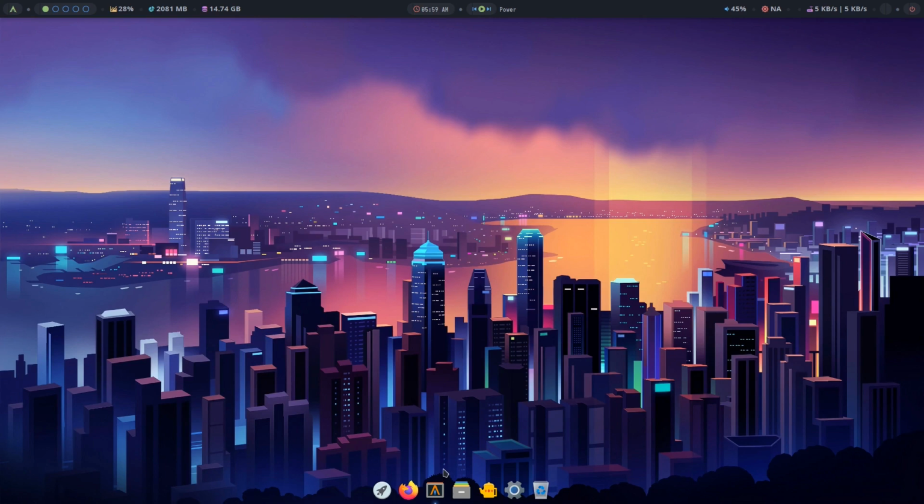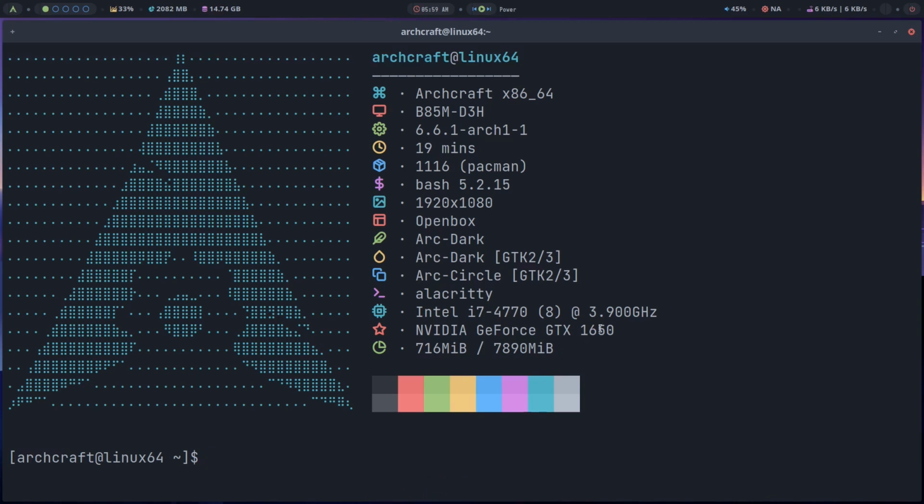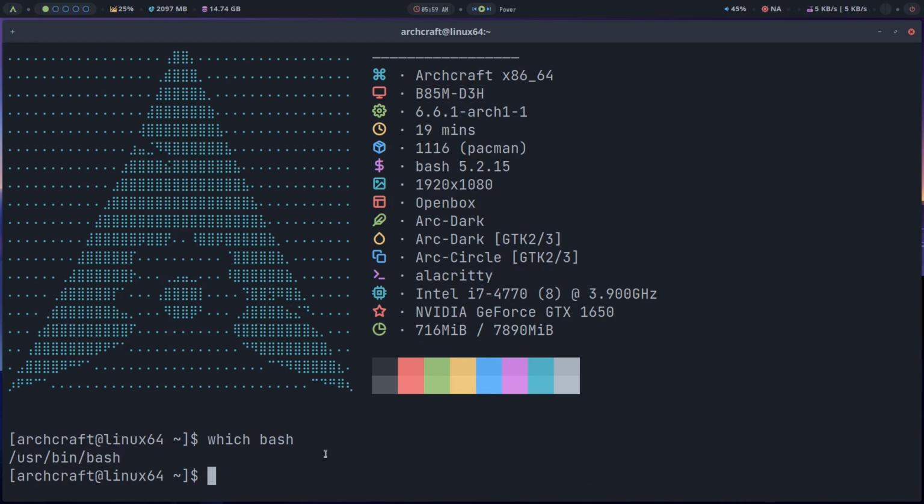So let's get on to what I wanted to show you today. Today we are going to talk about aliases, but first I want to show you my NeoFetch. So I changed it to bash, good old bash. Originally ZSH was the default shell, but bash does come with Archcraft. So if I type which bash, it shows me the location. And to change the shell, all you do is type chsh -s and then the full path of the shell, which is